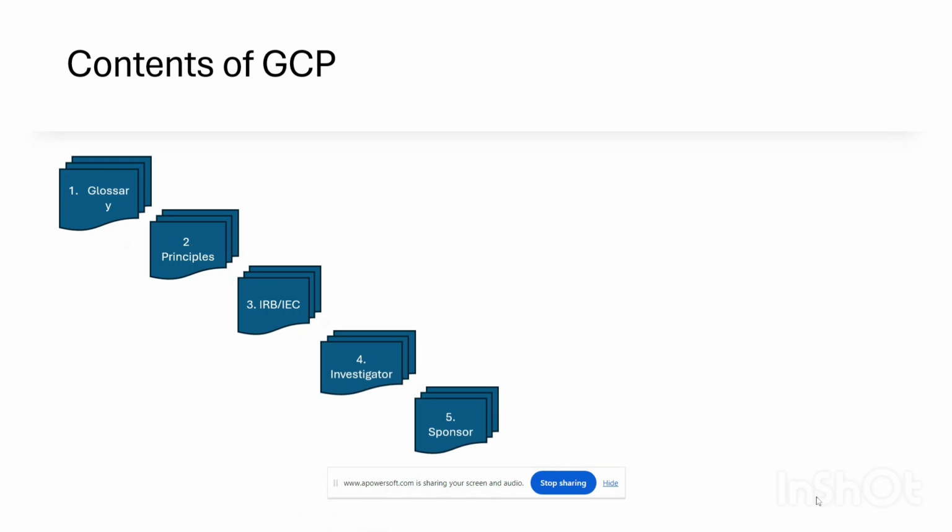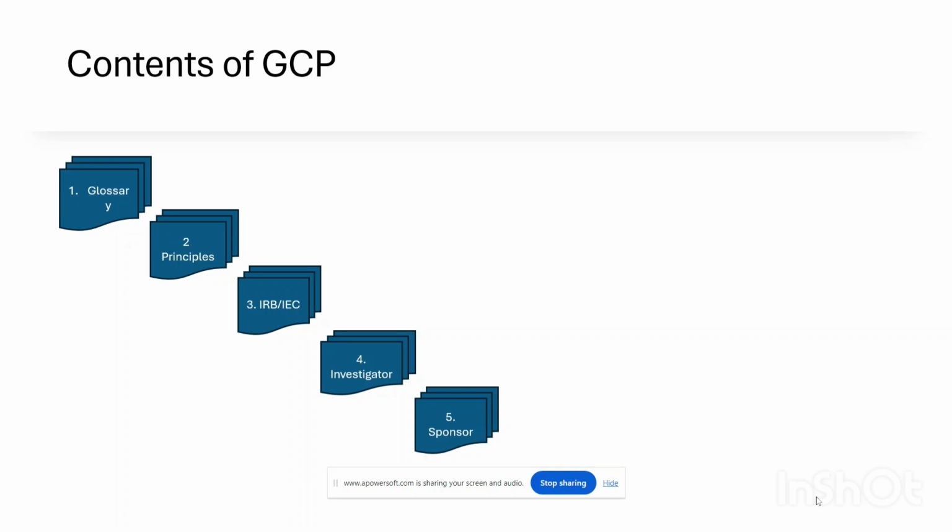Then after that, it's moving to the fifth section of the ICH-GCP guideline, which is the sponsor. It contains the details about sponsor responsibilities like quality management, quality assurance, and quality control. Then contract research organization, medical expertise, trial design, trial management, data handling, and record keeping, investigator selection, allocation of responsibilities, compensation to subjects and investigator, financing, notification or submission to regulatory authorities, confirmation of review by IRB or IEC, information on investigational product, manufacturing, packaging, labeling and coding of investigational products, supplying and handling of investigational products, record access,